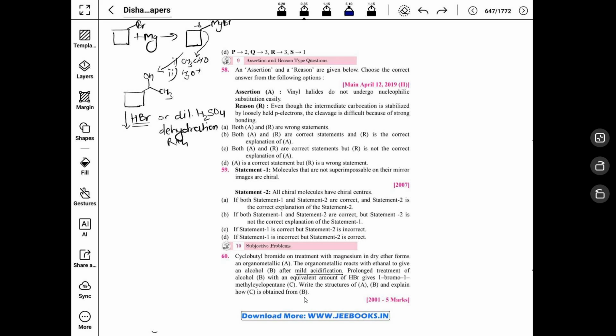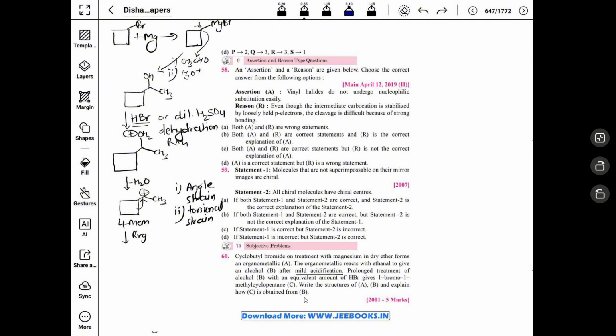So what is going to happen? First, protonation will take place. After protonation, this positive charge comes here, so it pushes the water to go away and gives a carbocation. This carbocation wants to stabilize, and we know that 4-membered rings are unstable due to 2 reasons. One is angle strain, second is torsional strain. Therefore, it wants to stabilize by expanding the ring. So ring expansion will take place through a 1,2 alkyl shift